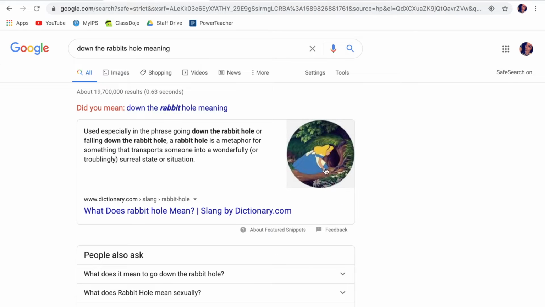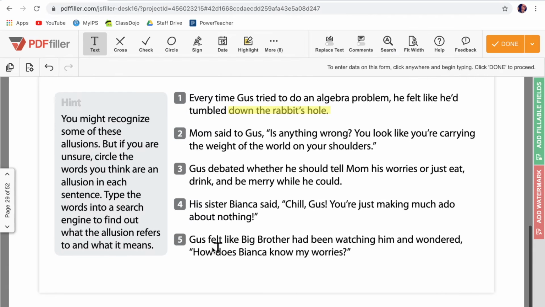So we see a picture of, if no one knows what this is, that's Alice in Wonderland, right? So it says, used especially in the phrase down the rabbit hole or falling down the rabbit hole. A rabbit hole is a metaphor for something that transports someone into a wonderfully or troubling, surreal state or situation. So we already know that he's not good at algebra, right? Or doesn't feel like he's good at algebra. So we would say falling down the rabbit's hole